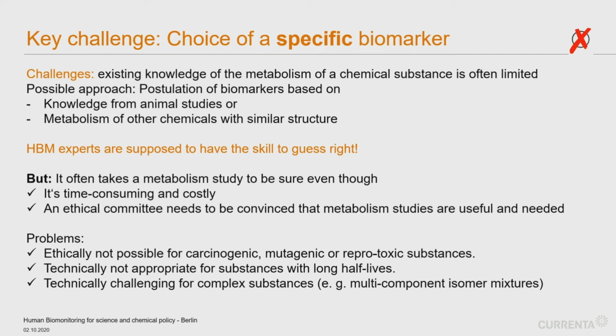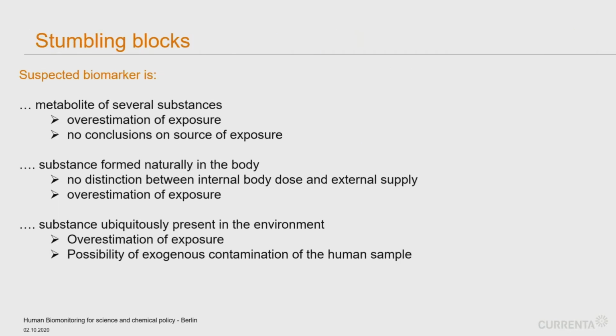Technically, for substances with long half-lives, it is not easy. It is possible, but it's not easy to perform a human kinetic study. And then you have the challenge if you have complex substances. But it is very important to have the right biomarker. Here I show you what happens when you choose the wrong one. For instance, if the metabolite turned out to be a metabolite of several substances, not only for the one in question, but for many,